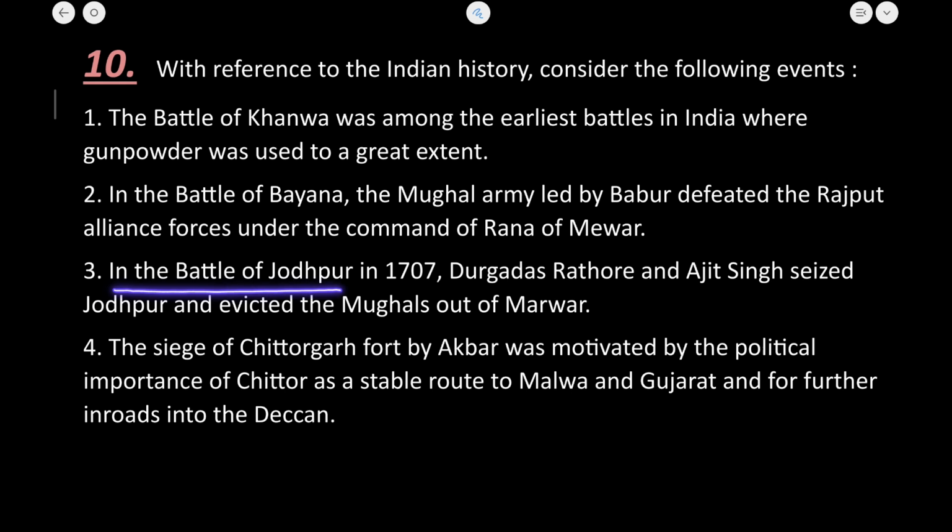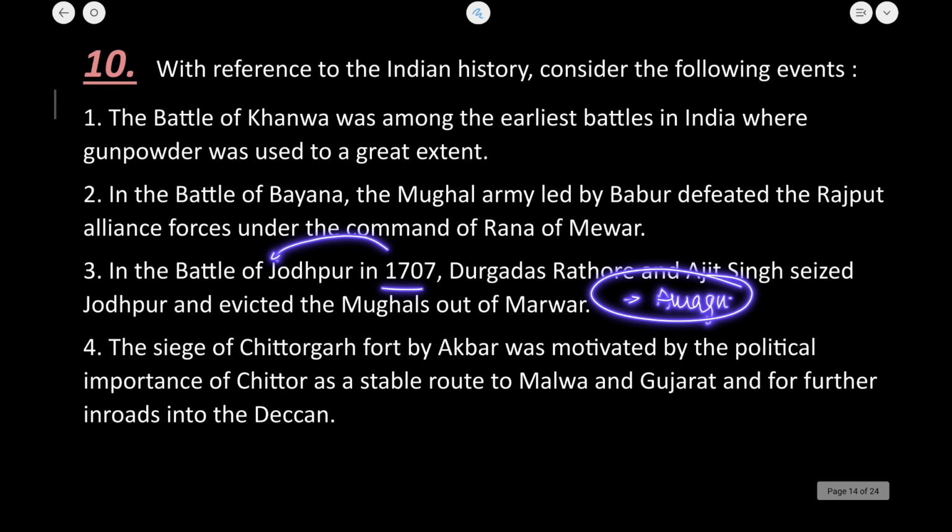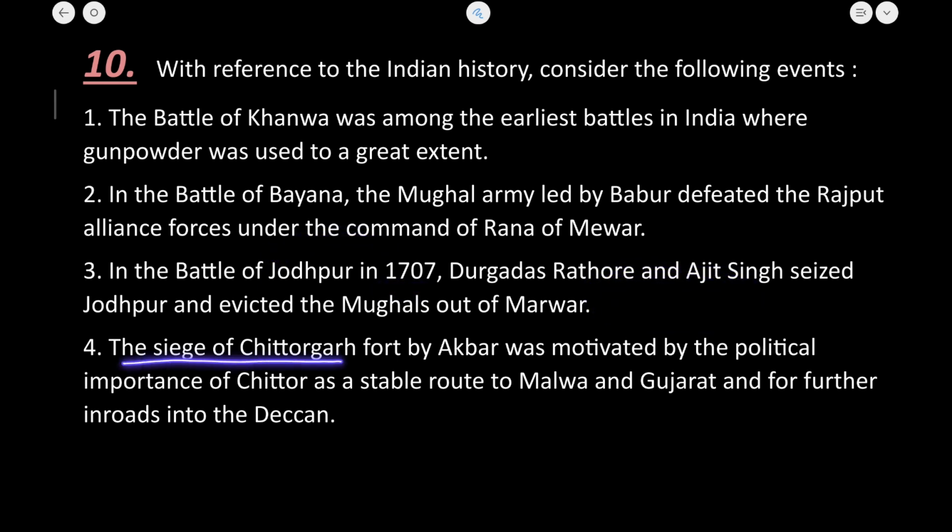In the Battle of Jodhpur in 1707, Durgadas Rathod and Ajit Singh seized Jodhpur and evicted the Mughals out of Marwar. Now this is absolutely correct. The Battle of Jodhpur happened in 1707, during Aurangzeb's tenure, बस आपको इतना याद रखना है, इससे ज़्यादा नहीं, ठीक है। Let's see the fourth statement. The siege of Chittorgarh Fort by Akbar was